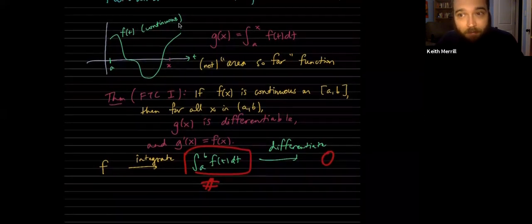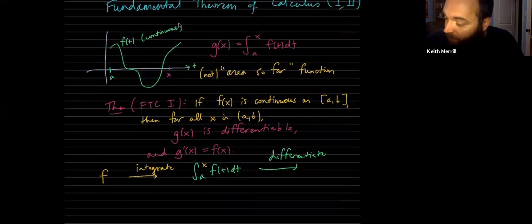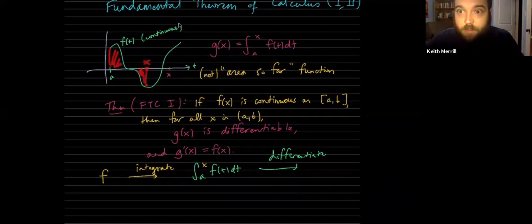There's nothing interesting going on there. If we want something meaningful and interesting, we need a function out of this. So the claim is that instead, rather than putting this upper bound at just the end of the interval, we call it x. We allow it to vary, and we ask, how does this number that represents the net area vary as x varies? So as you move x along, you can see, and in fact, if we look for a moment, if you stopped x here,